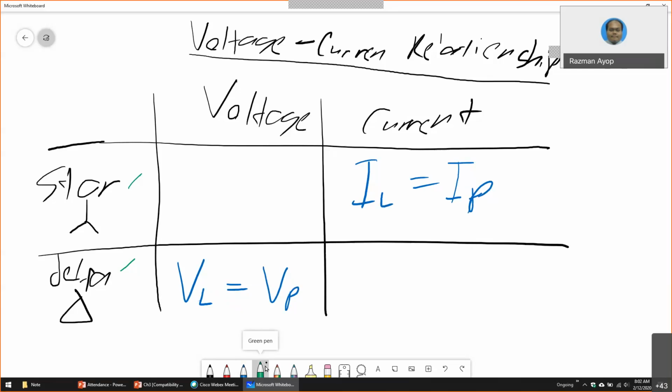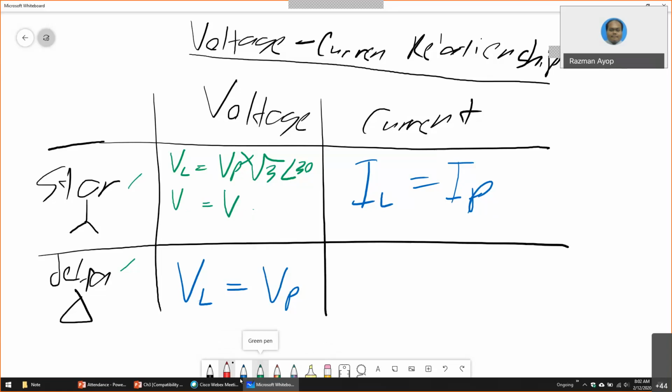The relationship is basically V line is equal to V phase times square root 3 angle 30 degree. Don't forget to multiply. So for example, if you want to find the VAB, basically you need to use the V phase, or you want to use the VAN. Just to be clear, you have to make sure